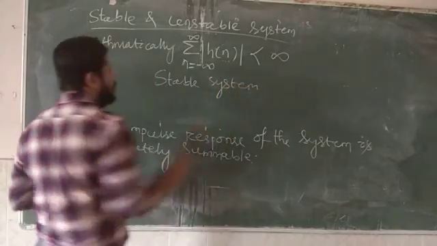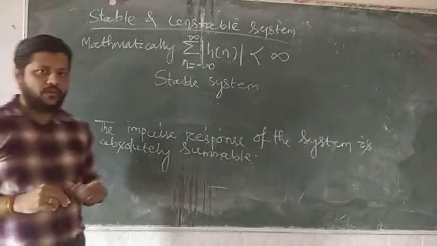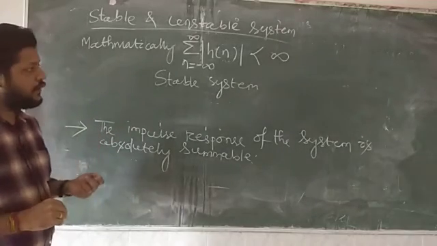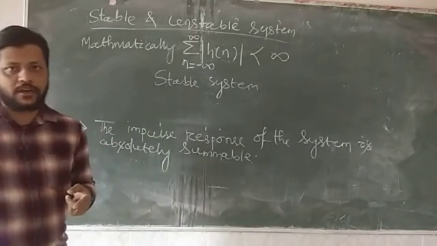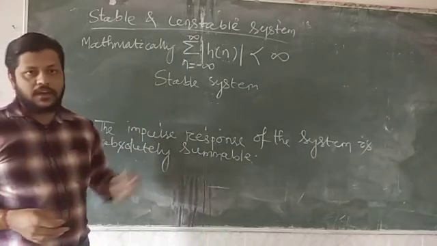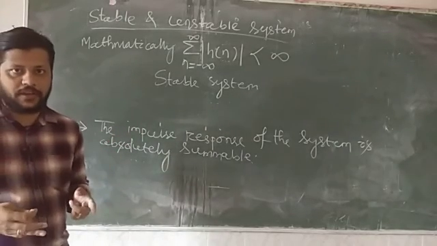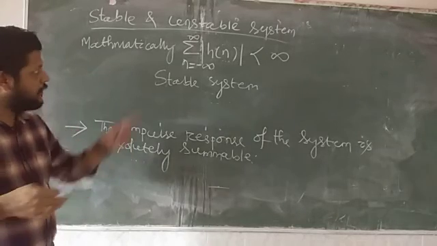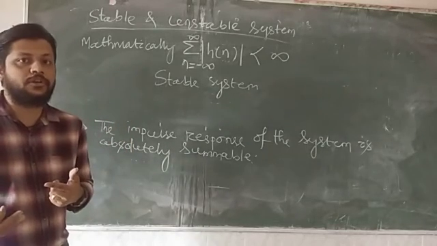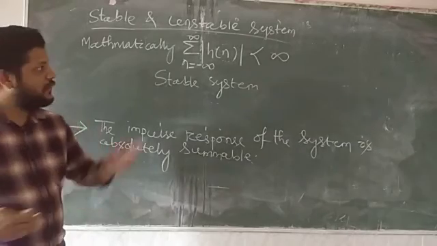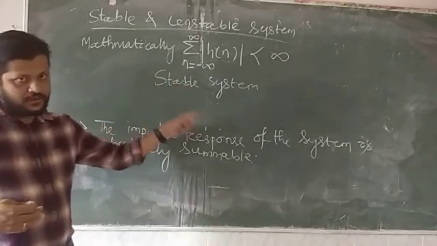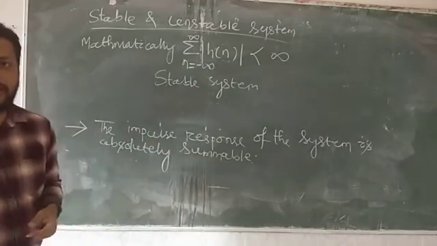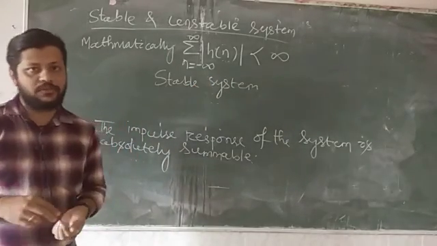So in your exam they will ask you when a system is stable. You can say the first condition is when you are applying a bounded input, the system must produce a bounded output. That means a finite amplitude input you are applying and you are getting also a finite amplitude output. And the second condition is if the system response is given, that means input and output are not given, and that system response is absolutely summable, that means when you add all the samples from minus infinity to infinity, the result will be a finite value, then the system is known as a stable system.